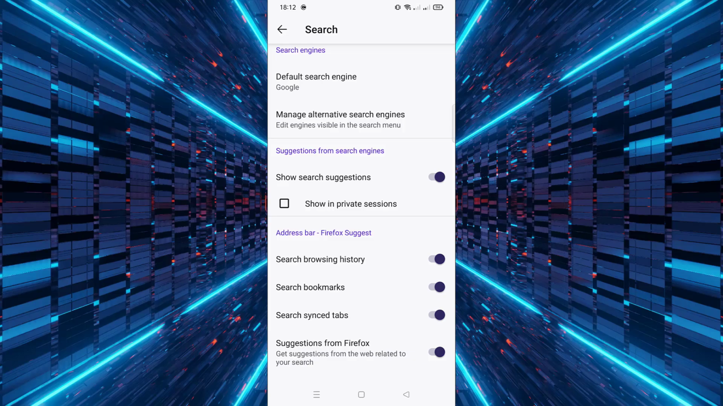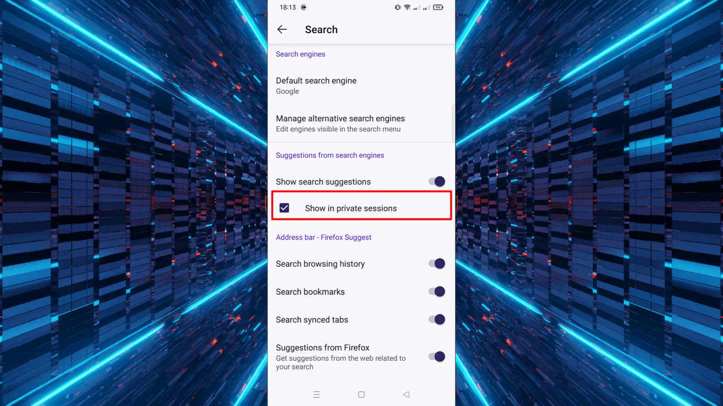Additionally, if you want to see search suggestions during private browsing sessions, scroll down and enable the option for Show in Private Sessions. Once both options are enabled, your Firefox mobile browser will display search suggestions as you type, improving your browsing experience. To wrap up, enabling search suggestions in Firefox Mobile is quick and simple, and it can save